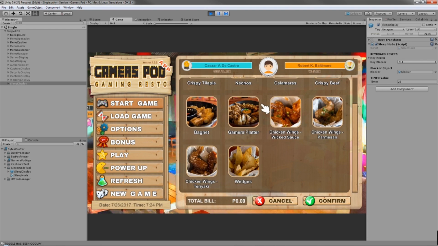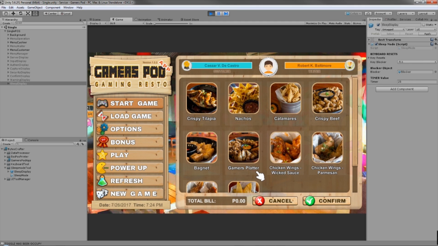So basically the idea here is this will be in Android tablet, and after the customer registration or customer inputs, the tablet will be given to the customer, and they will be the one to choose their item. So we have the name of the customer and the picture of the customer and the name of the current waiter.